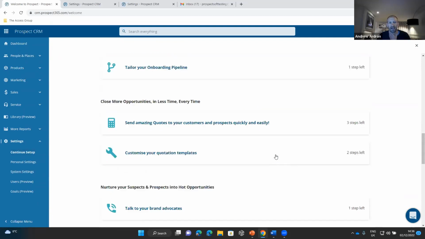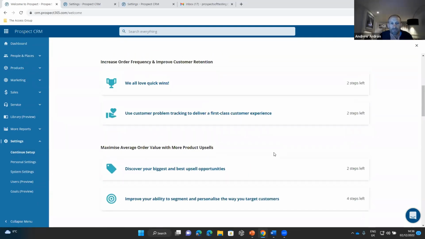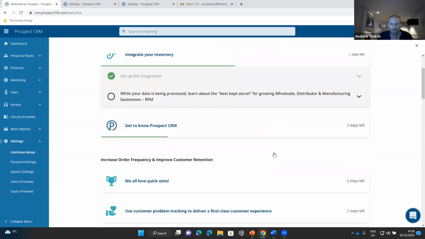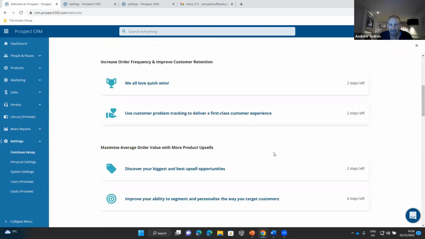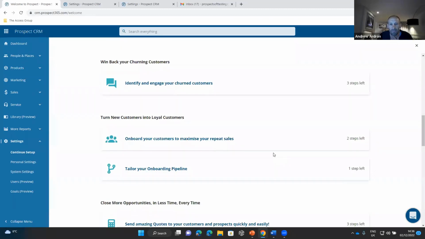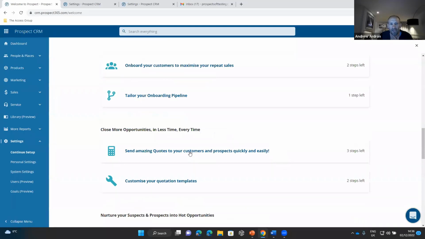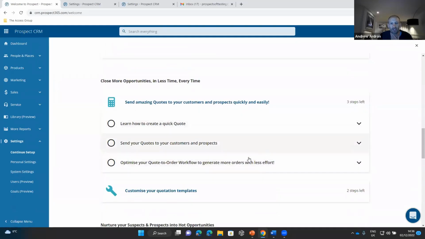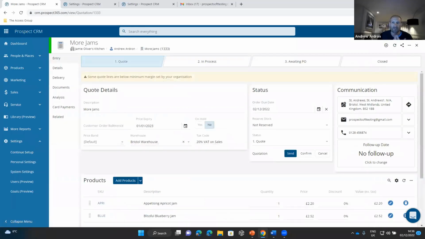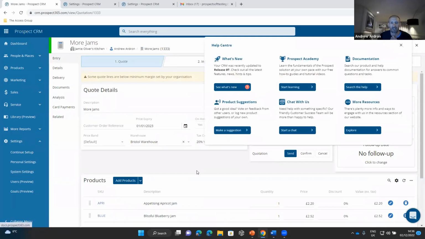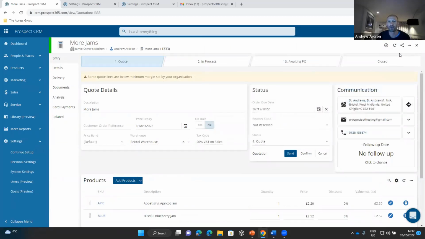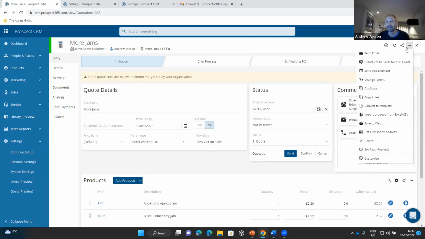It's not all of the things that you might want to do, but lots of things that you can set up in here. And if I scroll back to the top, somewhere in here, here we go. Building quotations. There's lots of stuff to help you build and set up your quotations. And as I say, I think for most of us, perhaps just go to the documentation and search for some of these things. But just to point you in the right direction, that template that I chose, they're really easy to set up. Just go into the CRM, build a quote, and then